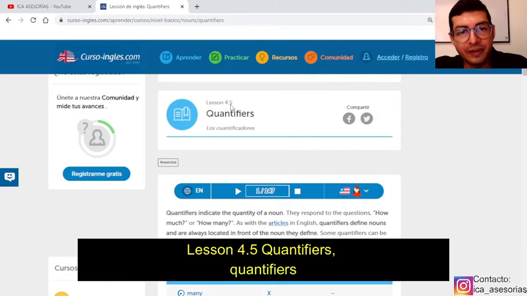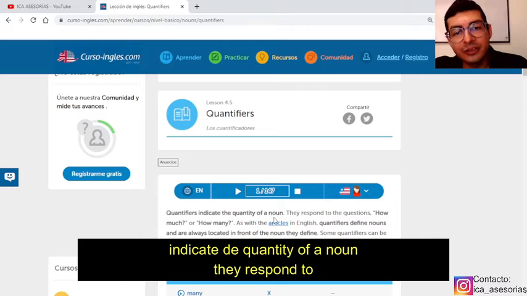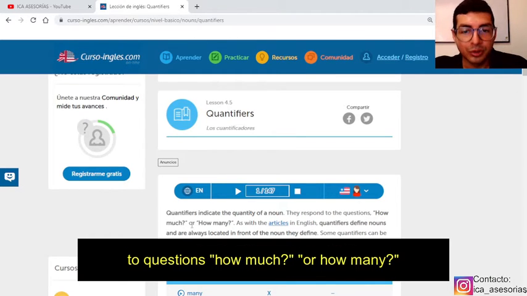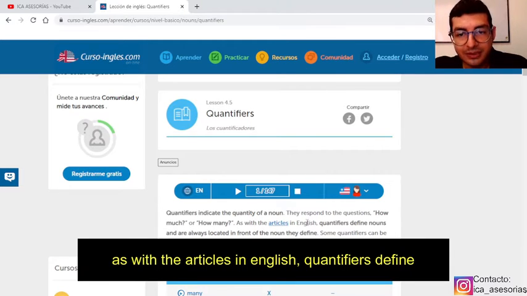Lesson 4.5 Quantifiers. Quantifiers indicate the quantity of a noun. They respond to questions how much or how many. As with the articles in English, quantifiers define nouns and are always located